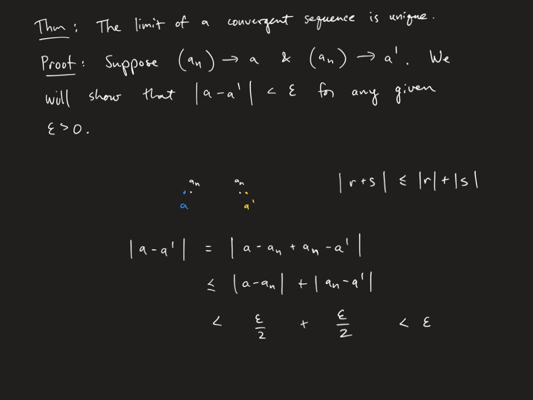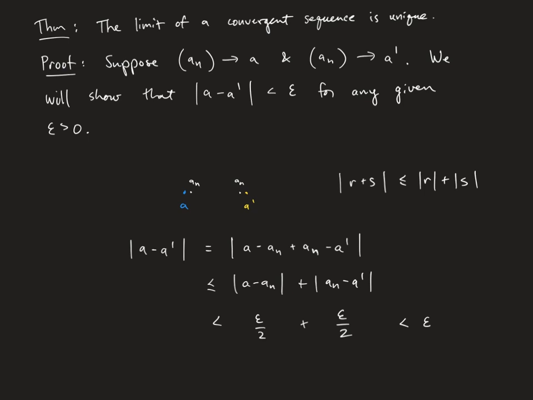Okay, so you don't get confused over this: just because it's called epsilon over 2 and not epsilon doesn't change its role as just some arbitrary positive number. You can just rename epsilon over 2 to be epsilon prime or something, and then we can make an within epsilon prime of a. Just a change of notation. Okay, so this is the scheme of the proof. So let's try to work this out.